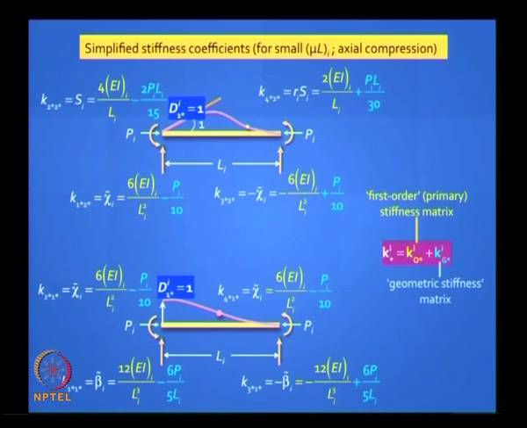So if you look at these two terms, the yellow term is your conventional stiffness coefficient. So we will refer to those terms as first order or primary stiffness coefficients, and they build up the primary or first order matrix, which I show with a subscript O, O meaning first order. K_O star is in the local coordinate system the element stiffness matrix without any axial force influence coming into play. So that is a first order primary stiffness, and now to that you have to add or subtract.